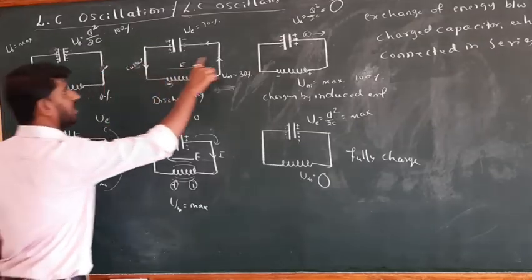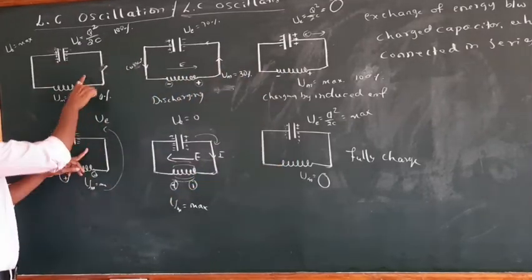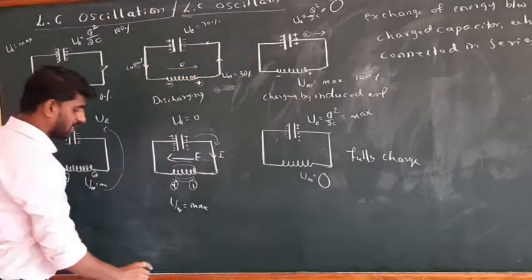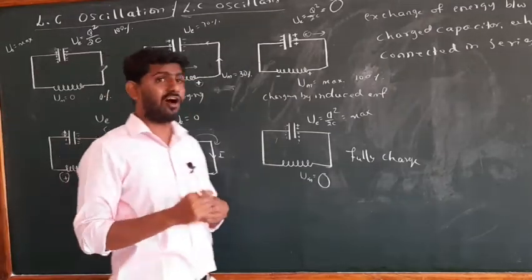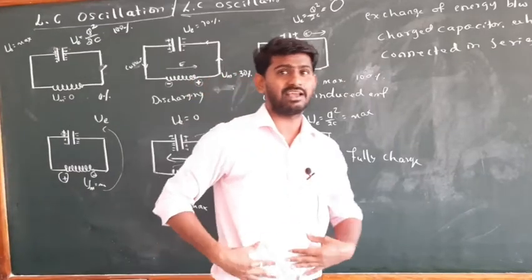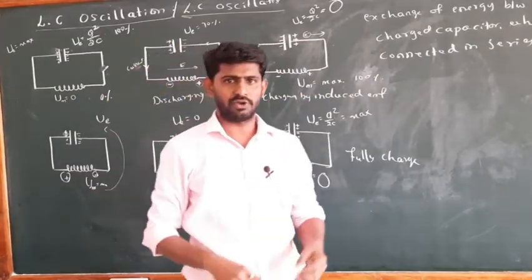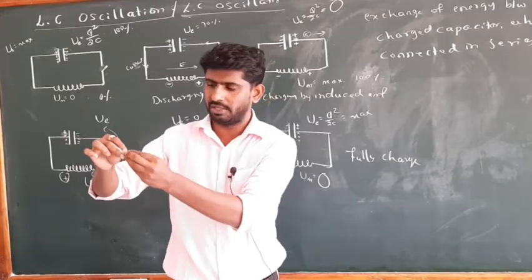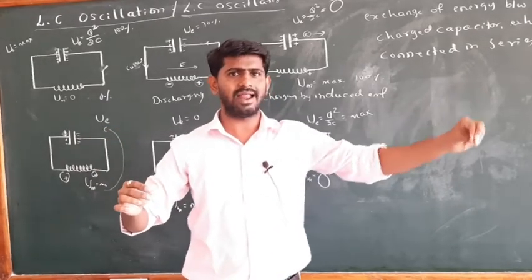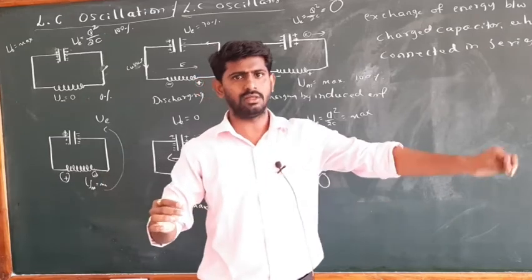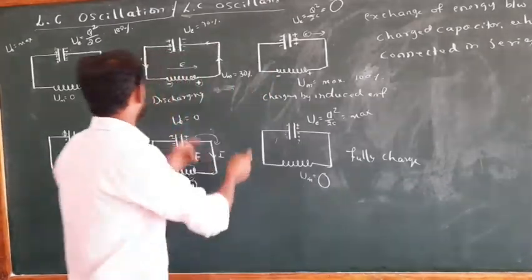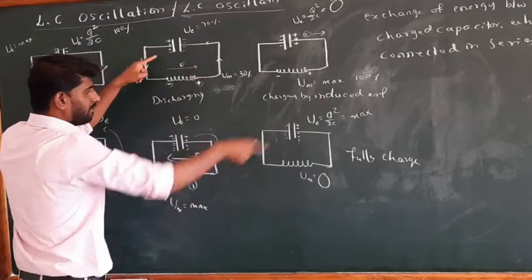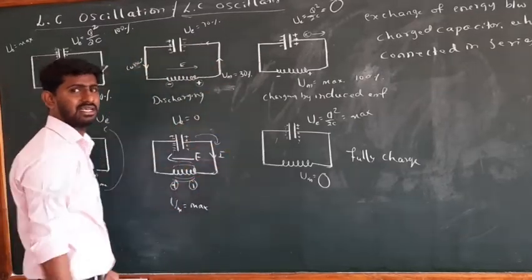See here, again first step, then second, third, fourth, like this only. It means there is a continuous exchange. For example, in mechanical oscillation, when you have a simple pendulum, once you disturb it from its extreme position, it moves to and fro, again to and fro. So this is one step, then again it repeats. So I call this an oscillator.